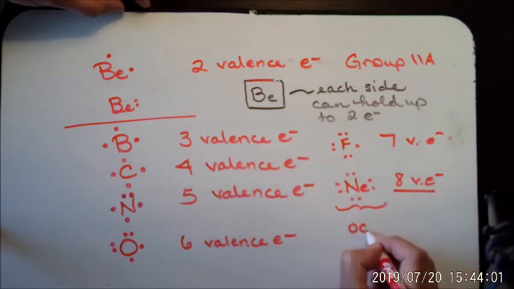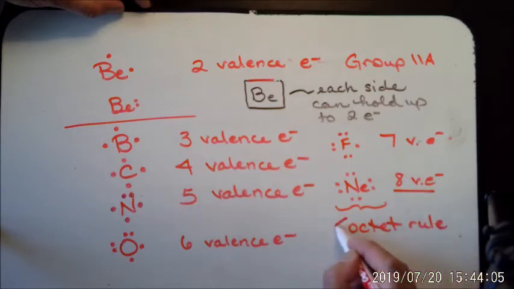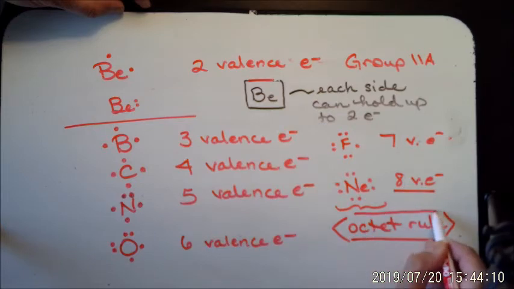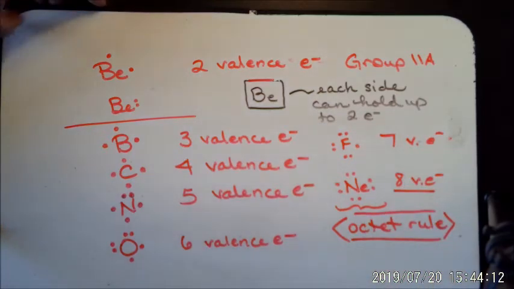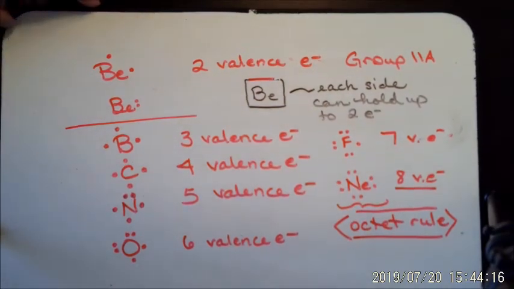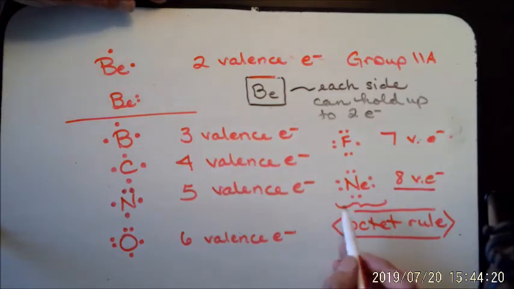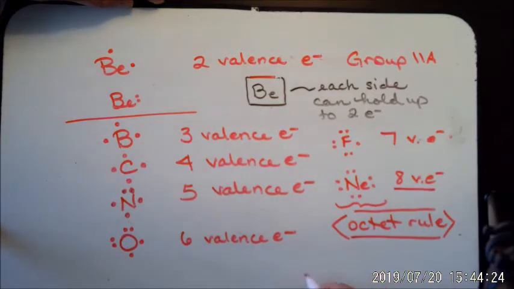So the octet rule is what drives our atoms to form either ionic bonds or covalent bonds, but it is basically in order to achieve a noble gas configuration. Now, when we talked about hydrogen and helium, remember,